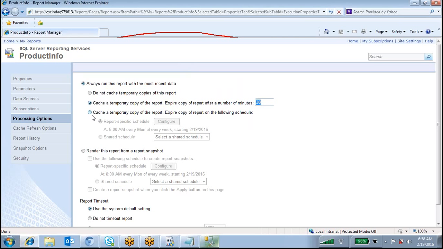Instead of giving 30 minutes, we are going to schedule this daily at a particular time. Cache a temporary copy of the report and expire the copy of the report following a schedule. We are going to maintain the schedule here.